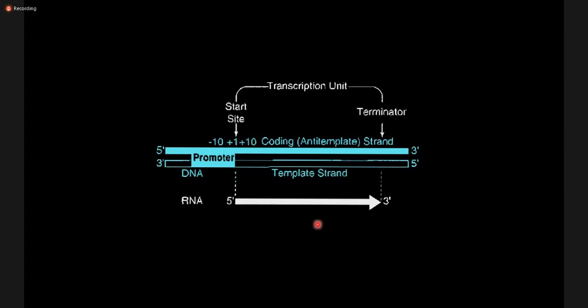It can be messenger RNA. So this is the transcription unit. Transcription unit is from the start site to the termination site of the transcription. And on the right side we have the downstream, and on the left side we have the upstream where the